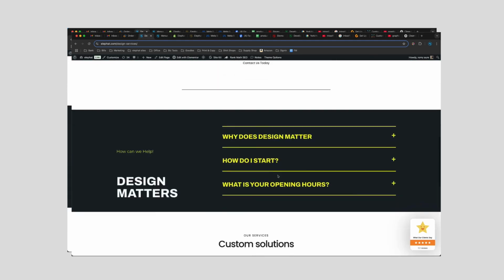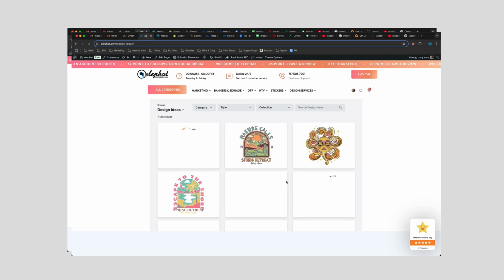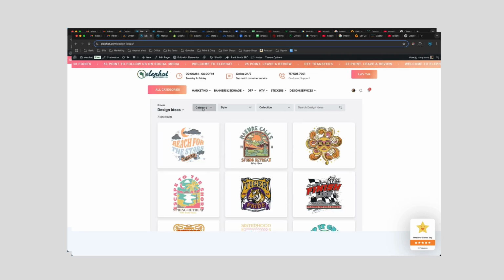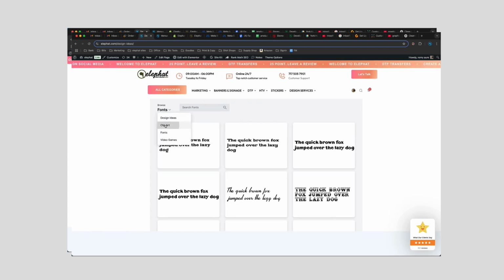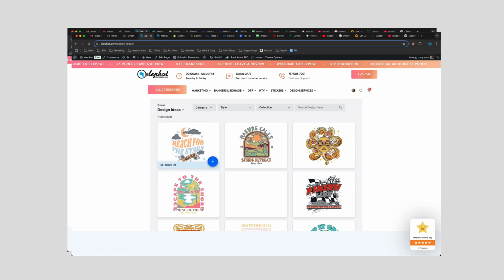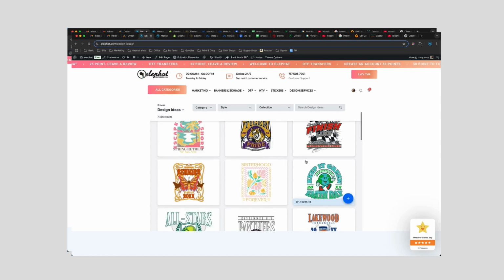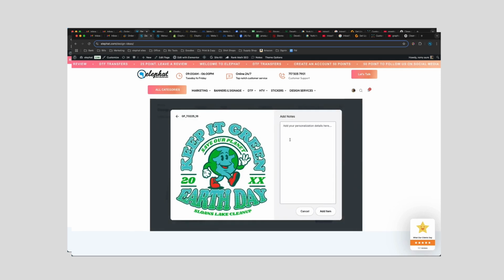Or you can go at the bottom, under Resources and Design Ideas. Once you're here, you have your categories to pick from. You have your clip art, your fonts, clip art, and your designs. So for instance, say you wanted to do something like this, you basically hit add,